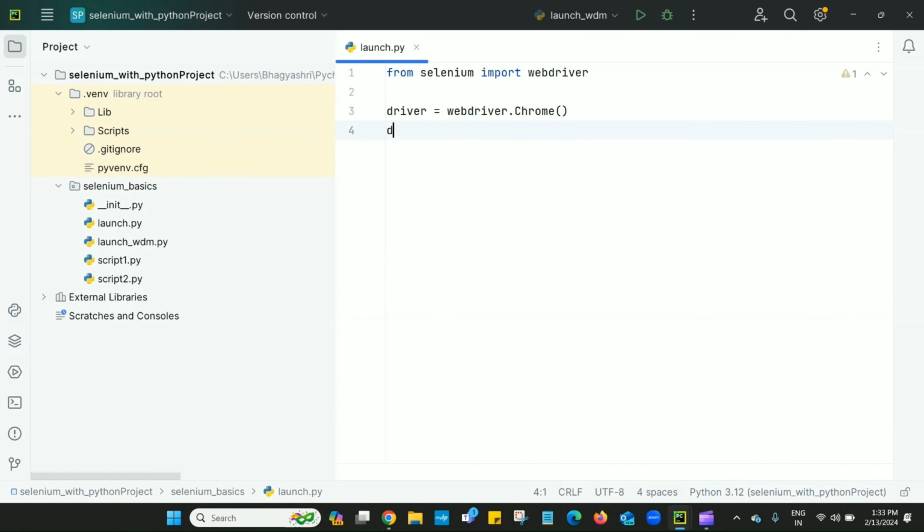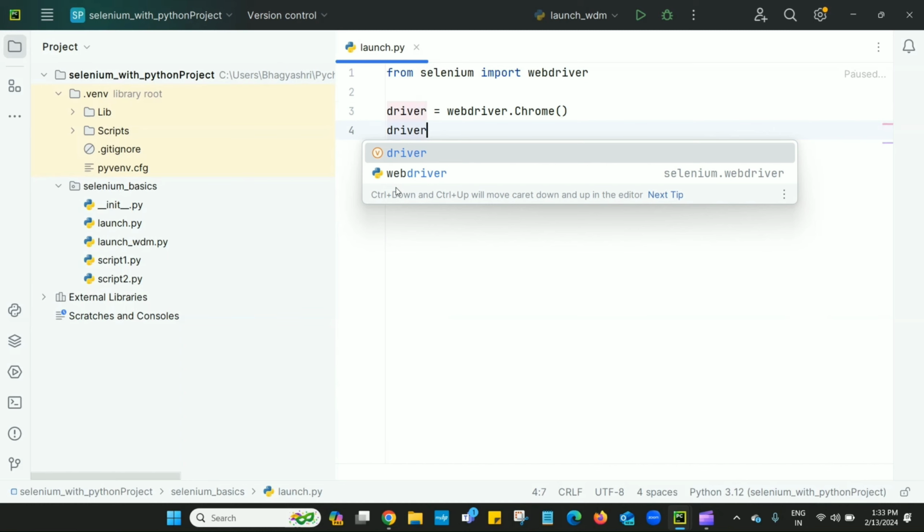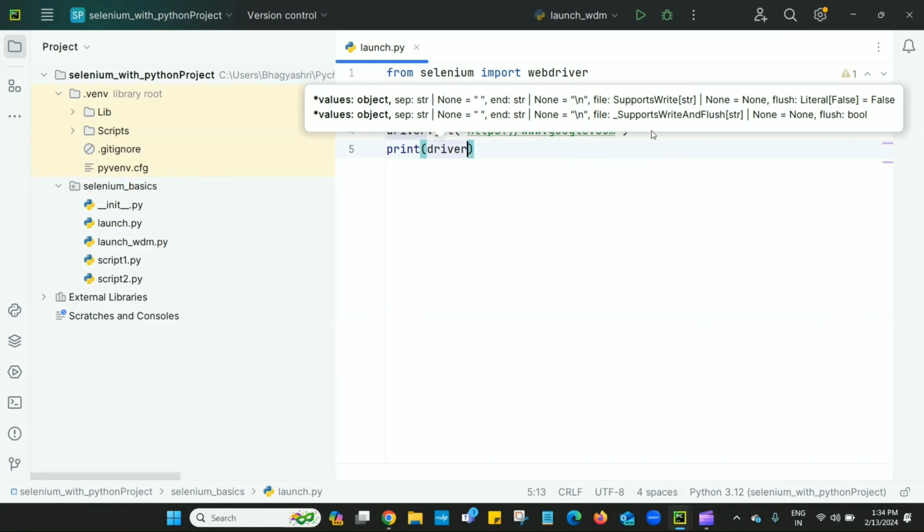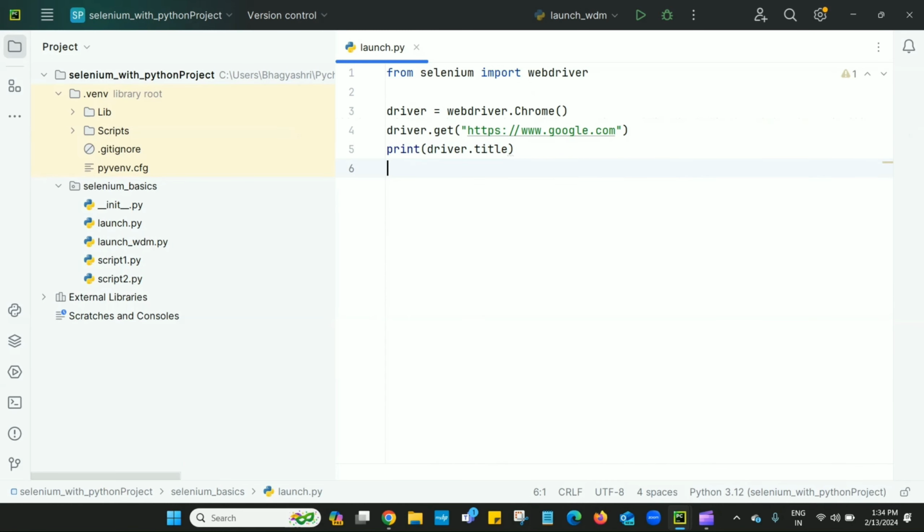This particular line will launch the web browser, which is Chrome, and by using the get method, I will navigate to the link. By using this get method, we can navigate to a particular URL. I want to open this Google page and simply print the title of that Google page. For the title, we have the title method. So driver.title will give me the title, and I just print that title. So let's execute this.